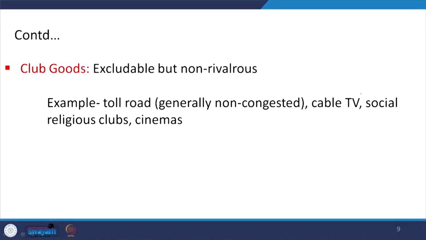Or you can say the case of cable TV. In the 80s and 90s, perhaps you have seen the case of national TV. In national TV, whosoever had a TV and antenna could have access to it. But what is cable TV? If you are paying a particular amount, then these channels are available to you, and if you are not paying, these channels will not be available on your TV. So, this is the case of club goods.